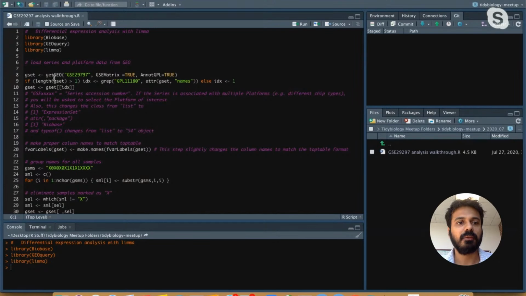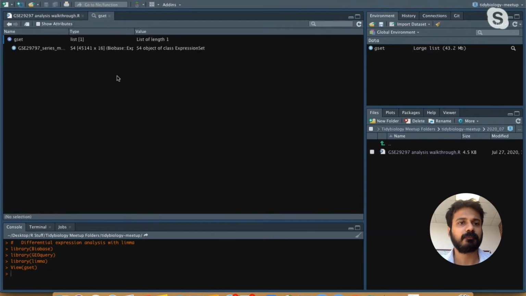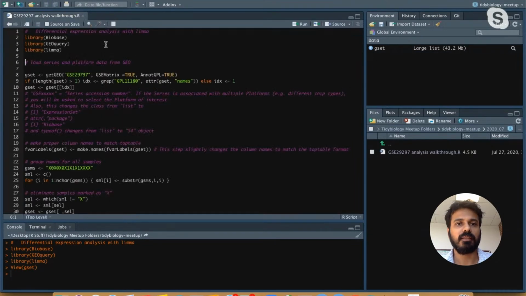Line 8, we use this getGEO function to download the relevant dataset, GSE29297. I'm going to skip that because I've already done it. You see that it saves it as a dataset called gset. This is of type large list. And if we click on this play button, you see there are different types of information in this rich